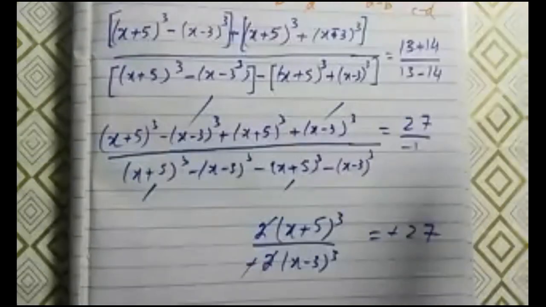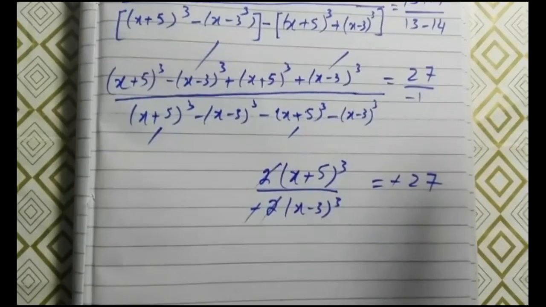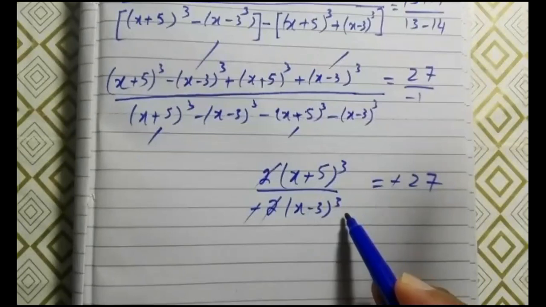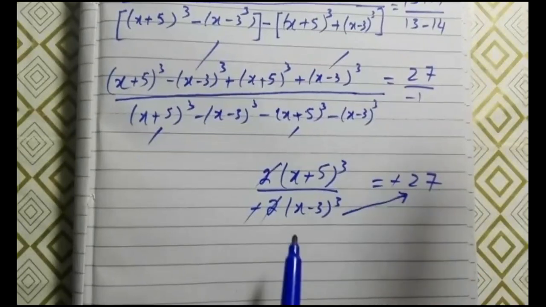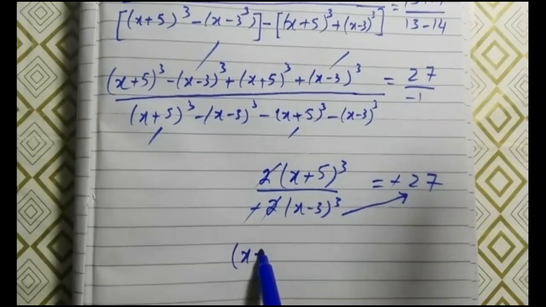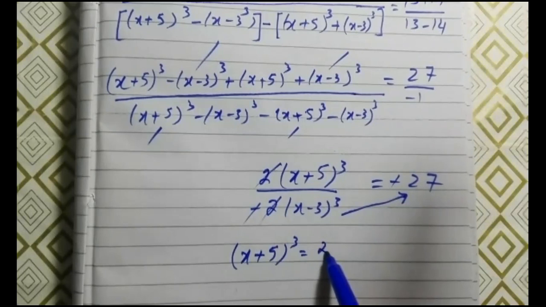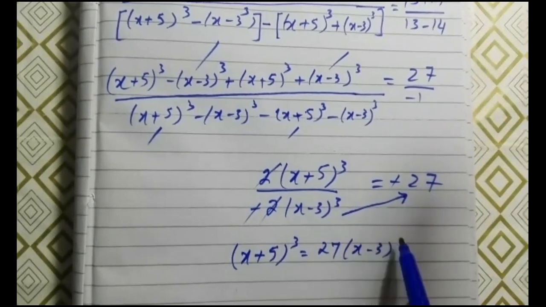Now, because we wanted to find the value of x only, what we will do in the first step is go for the cross multiplication. You can take the cube root directly, but even then I will say shift it first to the other side. And now because we wanted to find the value of x, and x is enclosed in the cube, what we should do is take the cube root on both sides.